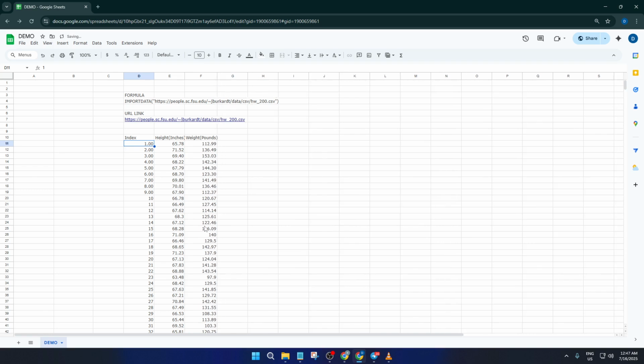Think of IMPORTDATA like a chef that can only cook from a physical recipe card, not from a password-protected app. It needs to access a raw, straightforward file, not something behind a login or special format. Also, the link has to be publicly accessible. If you grab a file from a private server or one that needs a password, IMPORTDATA won't be able to